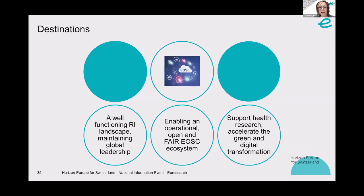The second destination is enabling an operational, open and fair European open science cloud ecosystem. And with fair, I mean findable, accessible, interoperable and reusable data. The third destination is research infrastructure services to support health research, accelerate the green and digital transformation, and